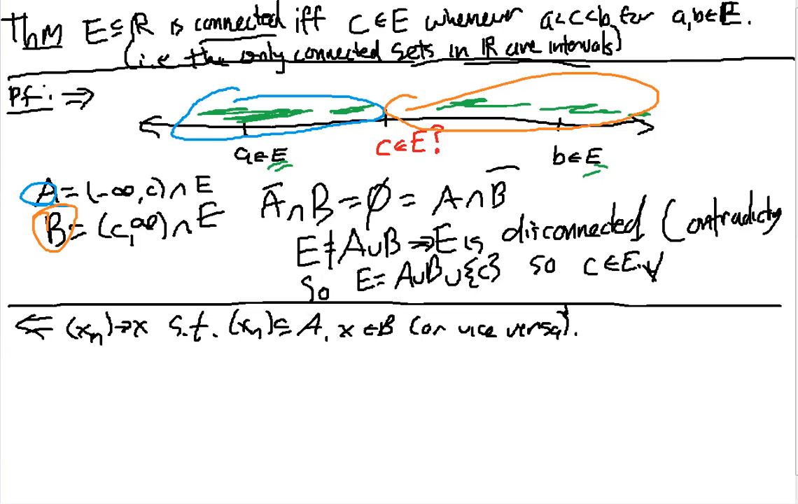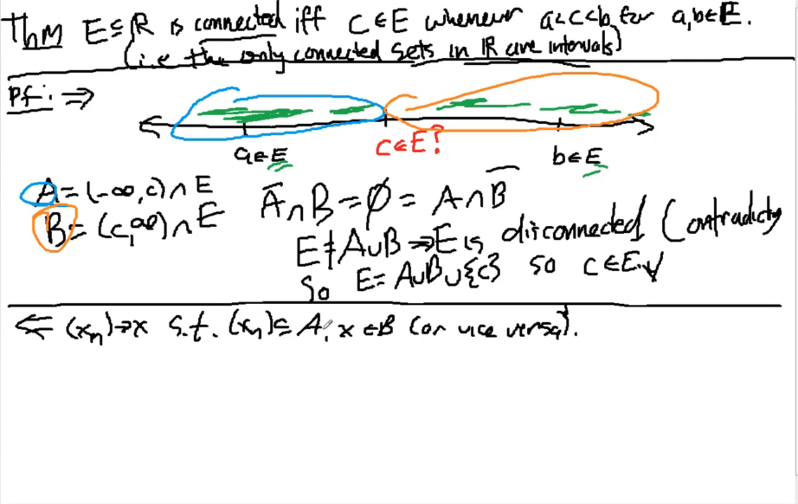Okay, we're in the middle of proving a theorem that says connected if and only if. This essentially says that E is an interval. So I'm going to assume that it's an interval, and I'm going to prove that it's connected. And I'm going to do that by a theorem that says that if E is the union of A and B,